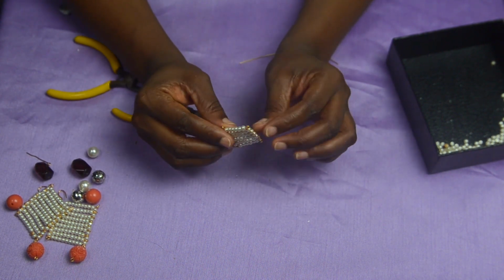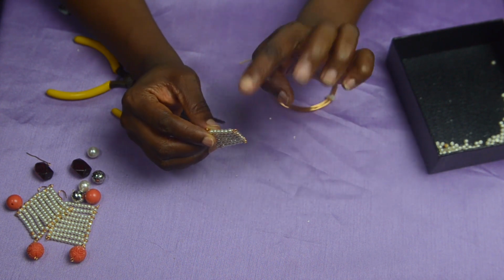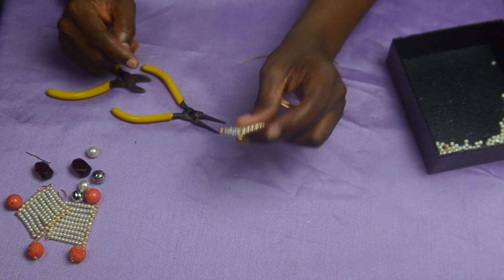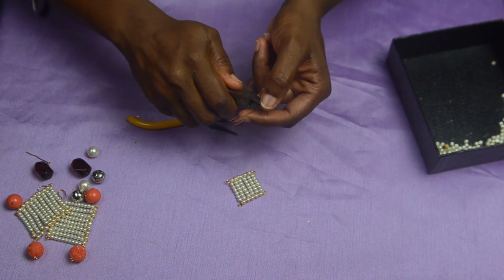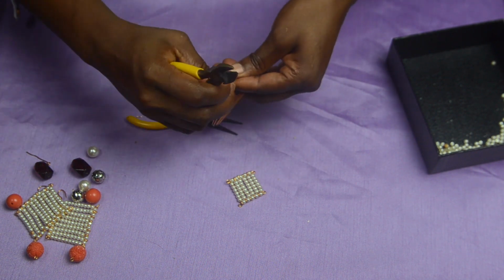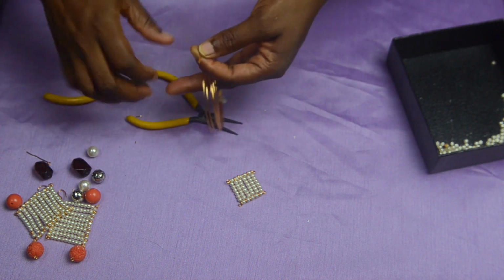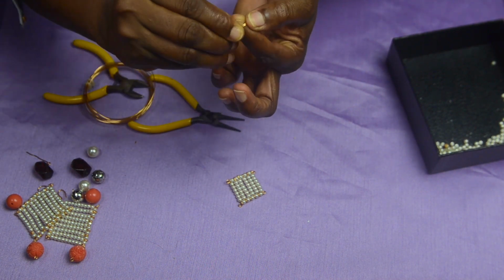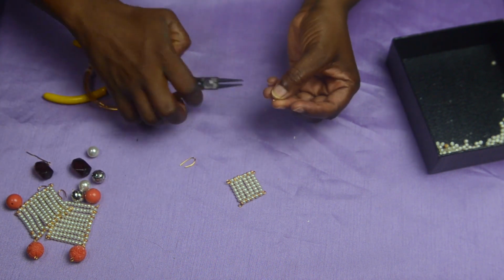Next thing I'm going to do is put my earring wire to help us with wearing it. So I'm going to cut about this length in 2 places because I'm making the 2 earrings. I'm going to bend this around that finger, and then I'm going to make